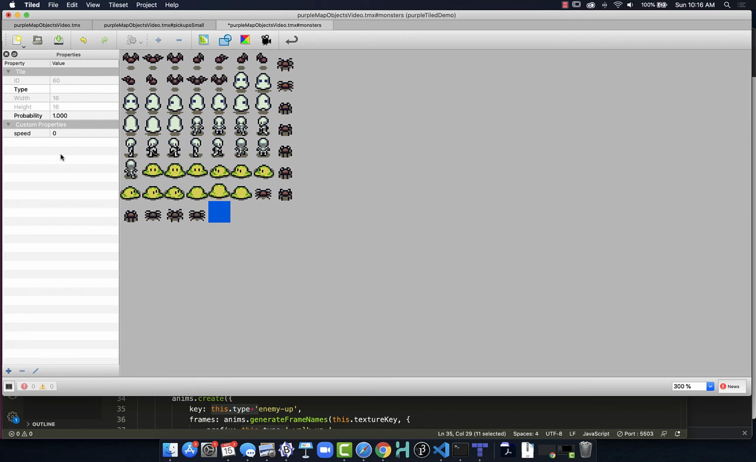custom property. Oh, there we go. I have to select the tile and select the property and then hit minus. Okay, easy enough. Alright, so with that we'll select some spiders here, and let's see, spiders